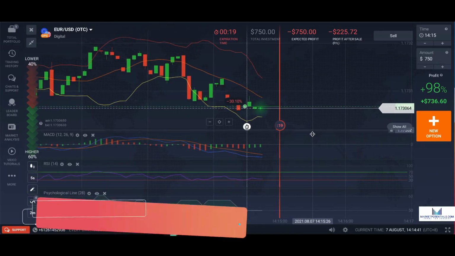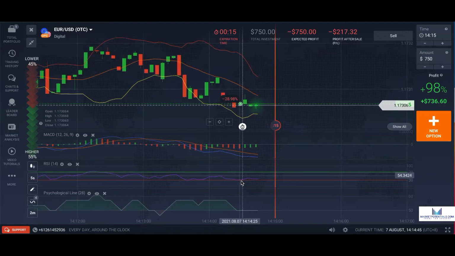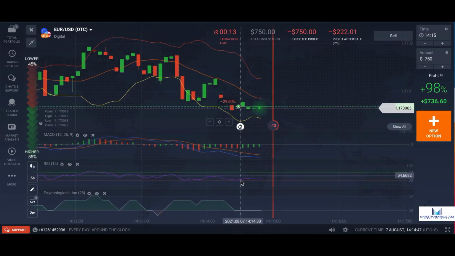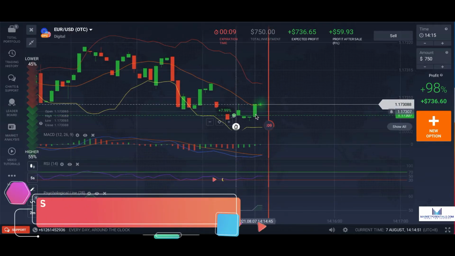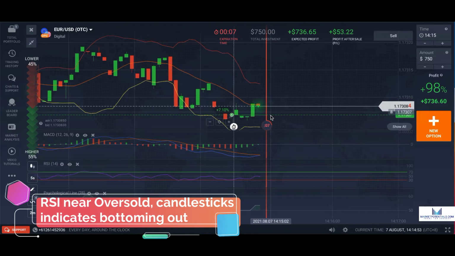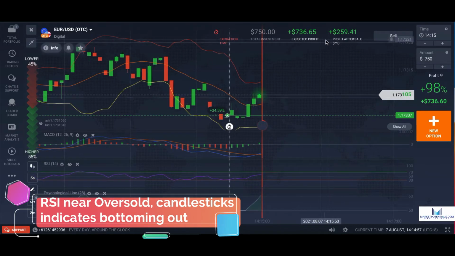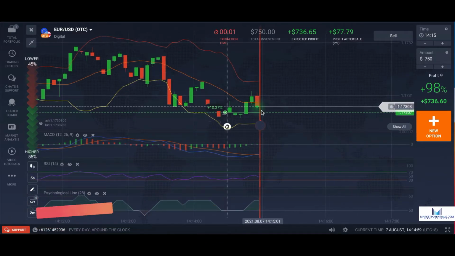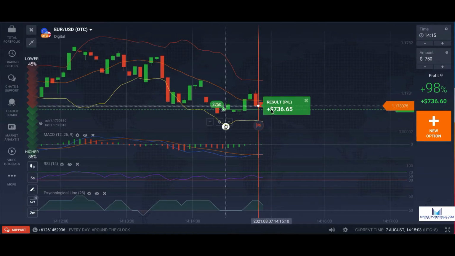Now, the reason behind this, if you have a look, I can see the RSI is currently just about in the oversold position. At the moment, I've still got about 11 seconds left in the trade. Price needs to go and stay above the green line, which is my entry point, for me to be profitable. Now, that's again $750 invested. I can sell before the expiry line for the amount that you see here, but obviously I'm sticking around because, as you saw, I just made another